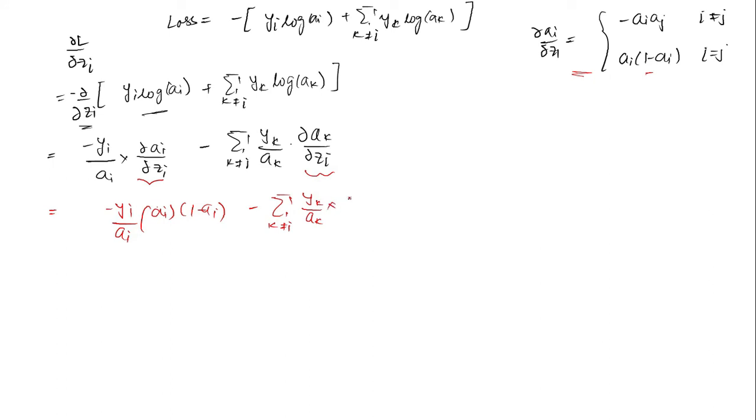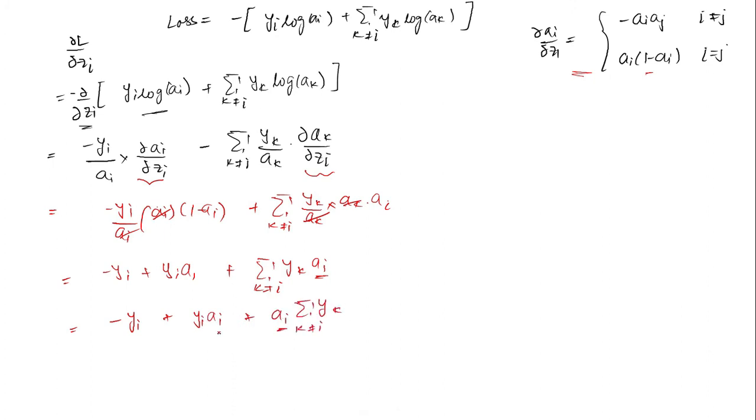and here the summation multiplied by this is minus, so this will be plus ak ai. ak will be cancelled and ai will be cancelled here. So it will be minus yi plus yi ai plus summation k not equal to i yk ai. This ai can be taken outside, and this ai can be taken common from this. Now as this summation does not have the ith term, we can include this i as well inside. So it will be,